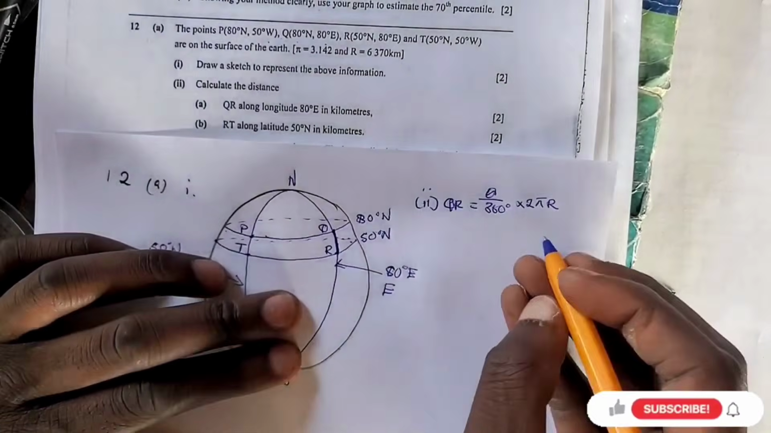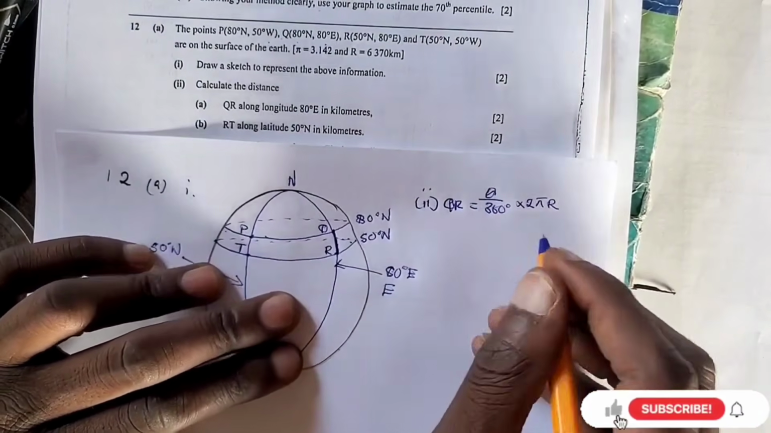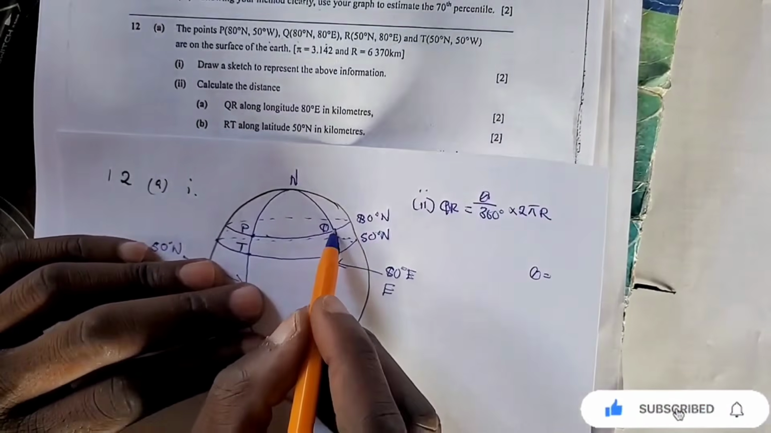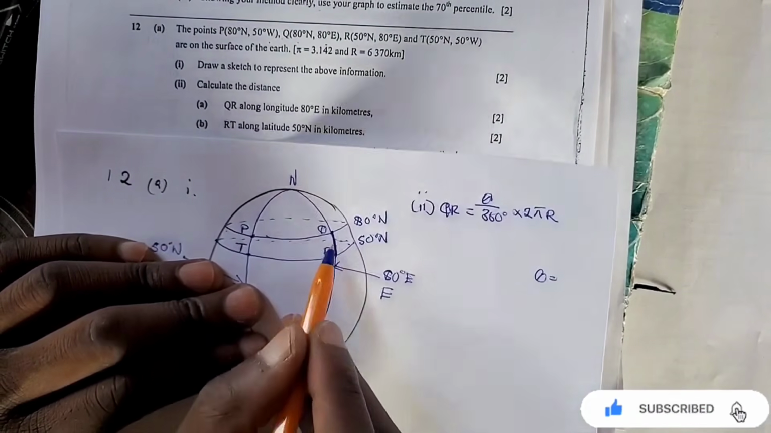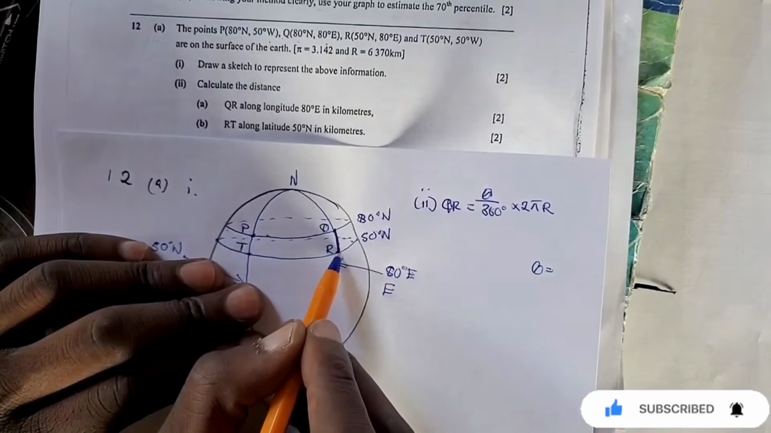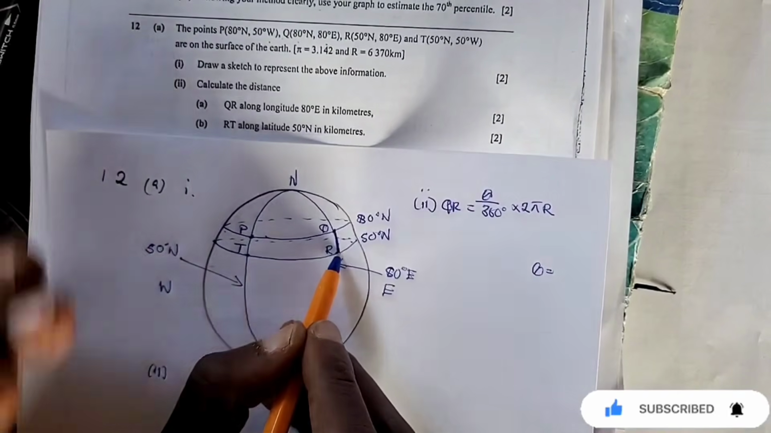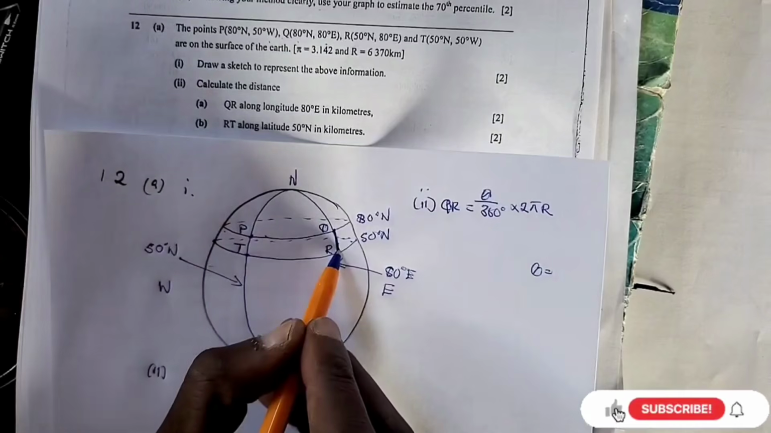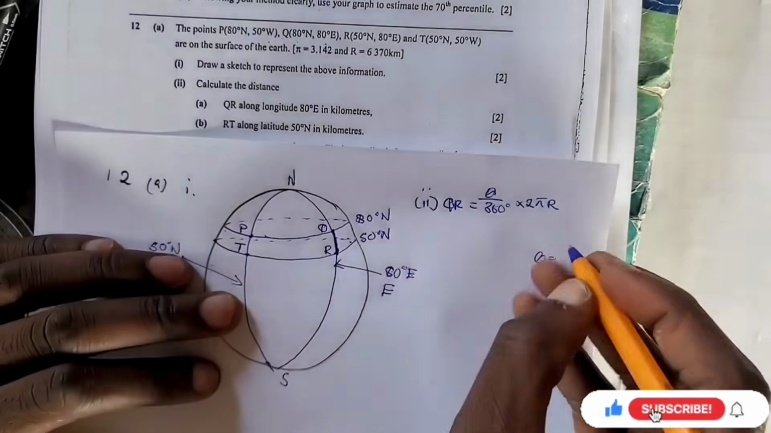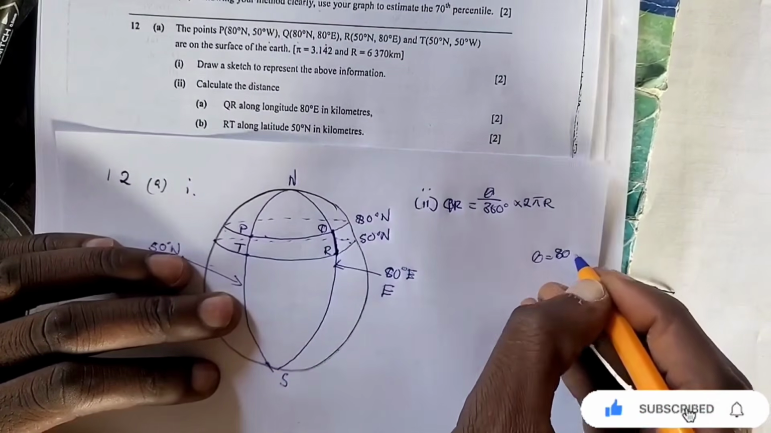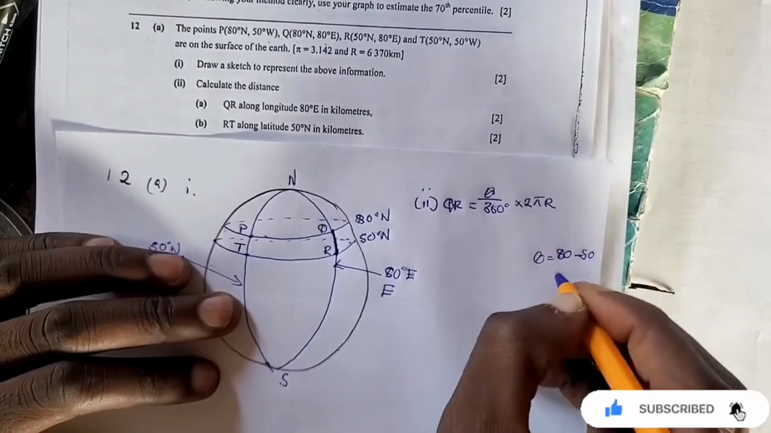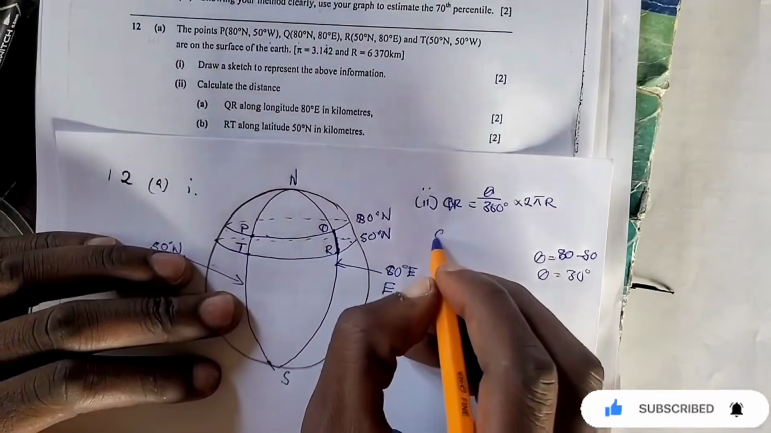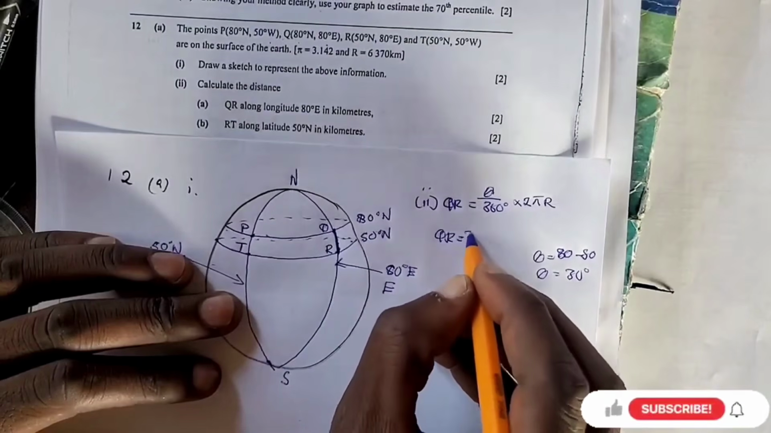Now, the theta is the difference in latitude. Q is on latitude 80. This one is on latitude what? 50. Both are on the same hemisphere. So do you add or subtract? You subtract, right? So it will be 80 minus 50, which is what? 30 degrees. So QR is equal to 30 degrees